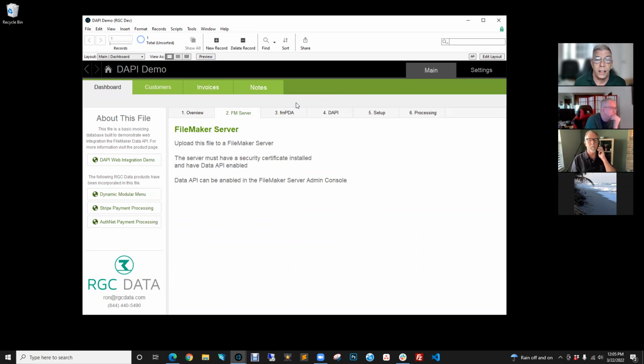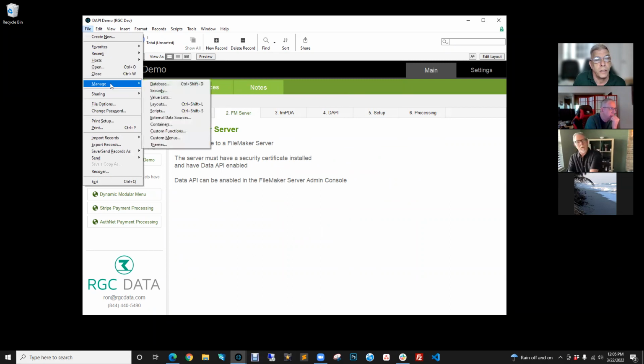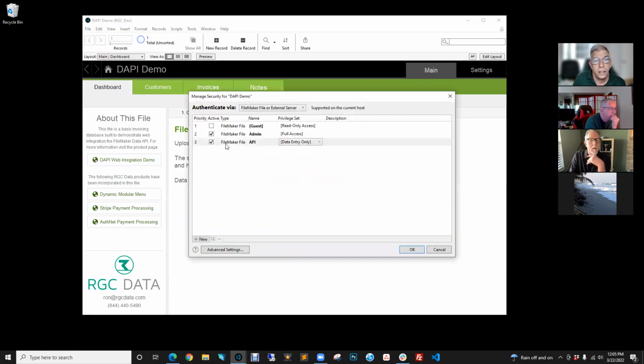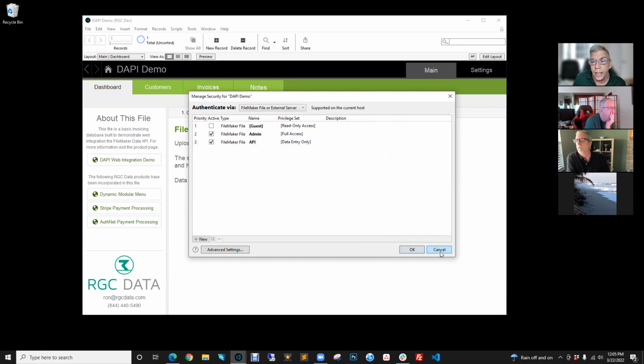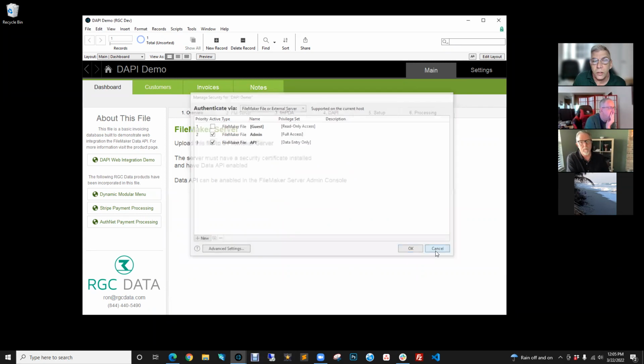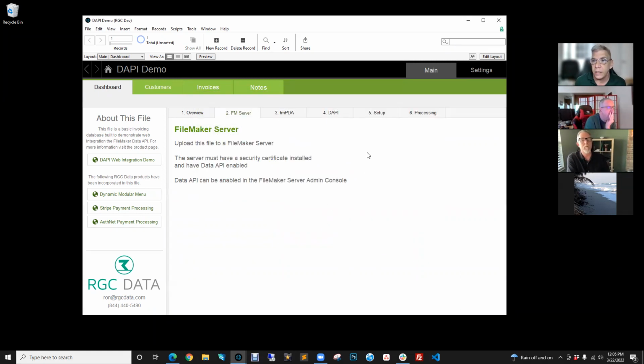So the FileMaker file, it's highly recommended that when you're using the PHP API, that you create an entirely separate user for that purpose. So when we go to Manage Security, I've got an API user. And then for the purpose of this demo, I've just done a data entry privilege set, but because we're opening up the solution, basically giving it front door access to the world, you really would want to create a specific privilege set and really